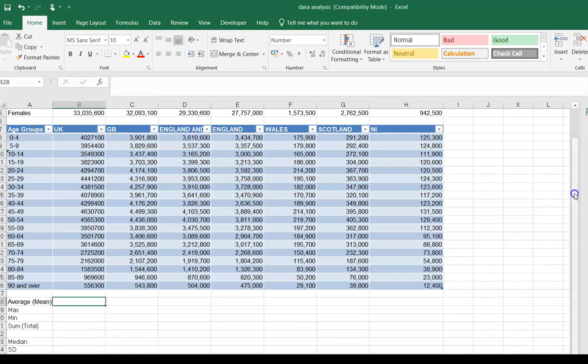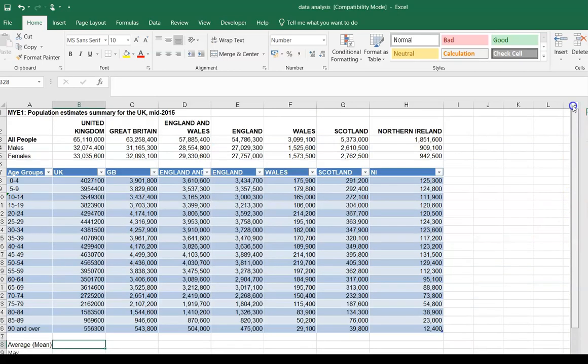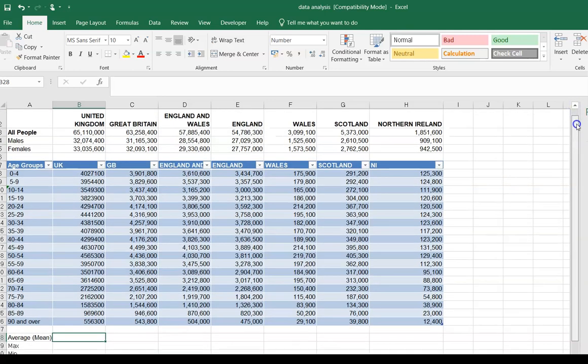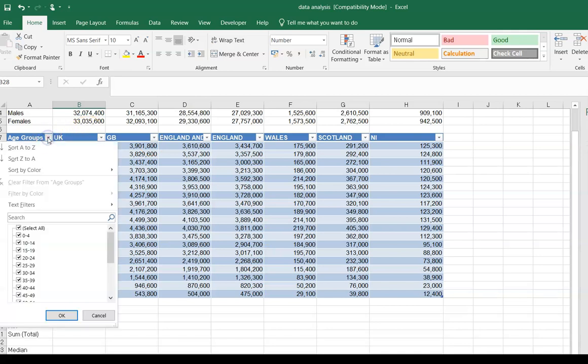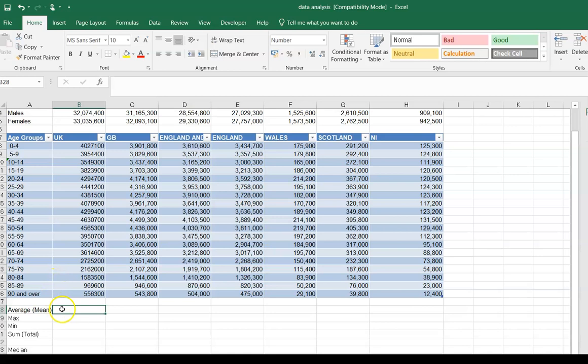Okay, so this is another example of a large data set. This is on population estimates for the UK, so we can do some data analysis based on this here. Obviously, you can filter the age groups if you want to calculate from a smaller portion. That's absolutely fine. But if we're going to use some of the formulas that we've learned in the previous sessions,